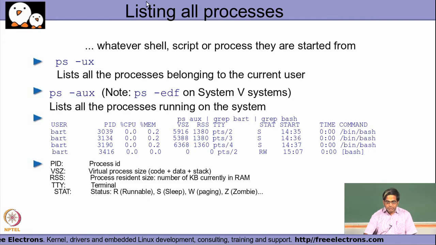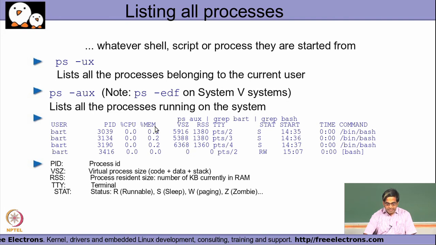So, if I want to find out the different processes that are right now running on the system, either by myself or on the entire system, I could use the -aux option to the ps command, or the -edf option on some System V based systems. It will print the complete output, which contains on a per process basis the user ID which has started the process, the PID, that is the process ID, how much CPU has been used, how much memory has been used,